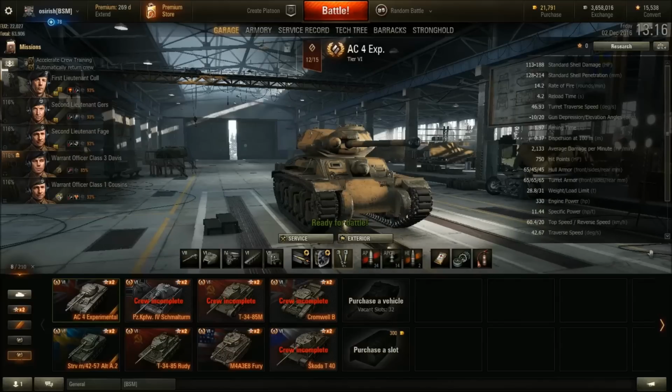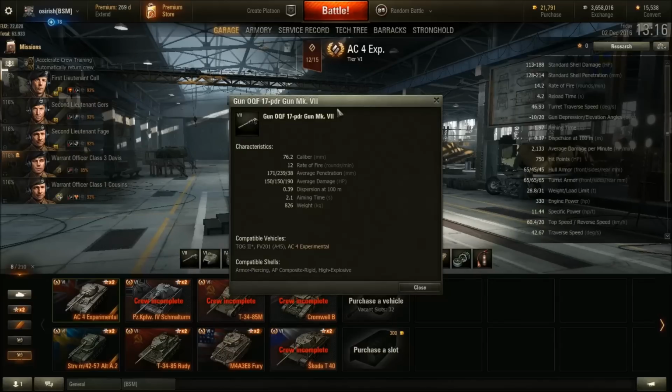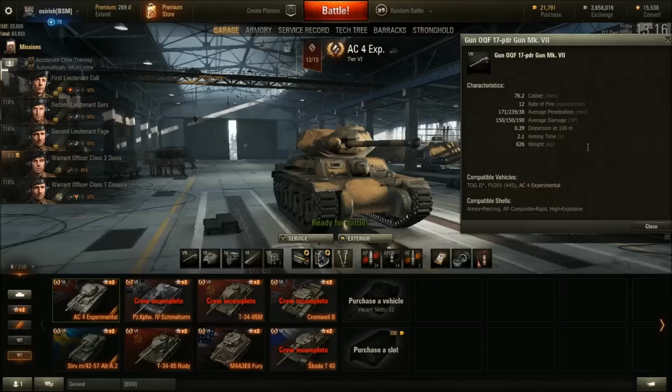And when we talk about strengths of the tank, we also have to mention the gun because it's the typical British 17 pounder. The DPM is very good. It may not be as good as other tier 6 mediums, but it's still very good. It's not that much worse. The rate of fire is good, obviously, because the DPM is quite good, and the penetration is absolutely amazing